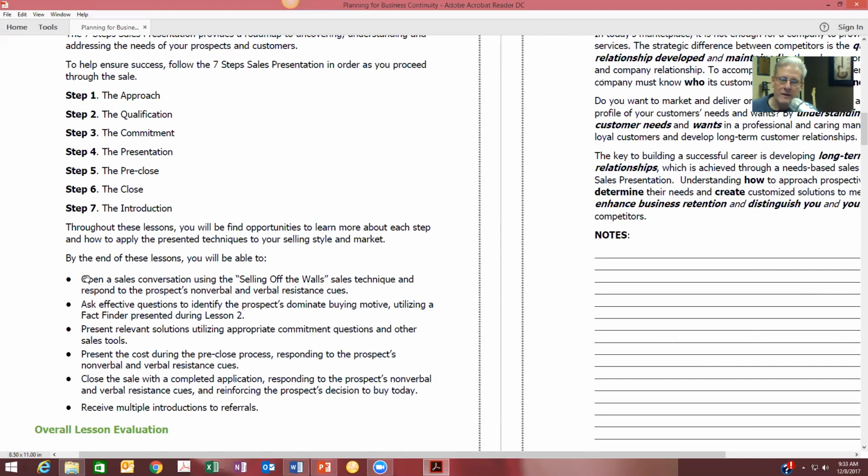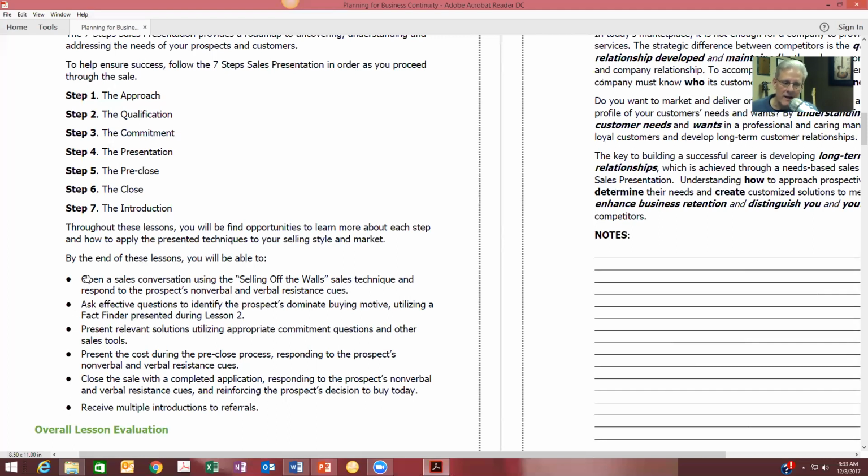The price should be the icing on the cake. The price should validate the value of the product and the value of your service. And we're going to talk about that. And in all of these, we're going to talk about the verbal and nonverbal cues of each step. I know that we're always talking about handling objections, but the secret of handling objections is to know where the objections come up and when you answer those objections. And that's one of the things you're going to get in all 7 of these lessons here.